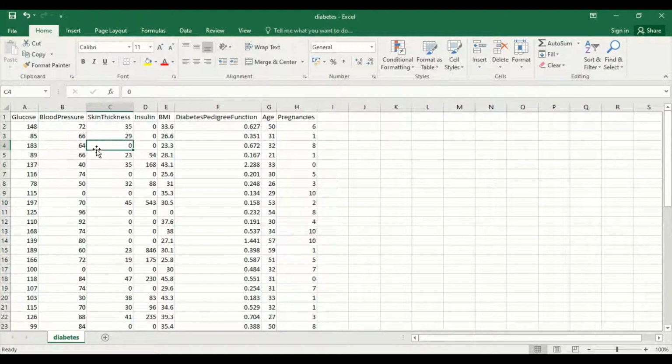Now, in the last classifier, there were 9 columns. Now it is 8 columns for this regressor problem. For the classifier, there are 9 columns. For the regression, there are 8 columns. In this, from glucose till age are the features. Pregnancies is the target variable for the regression problem.